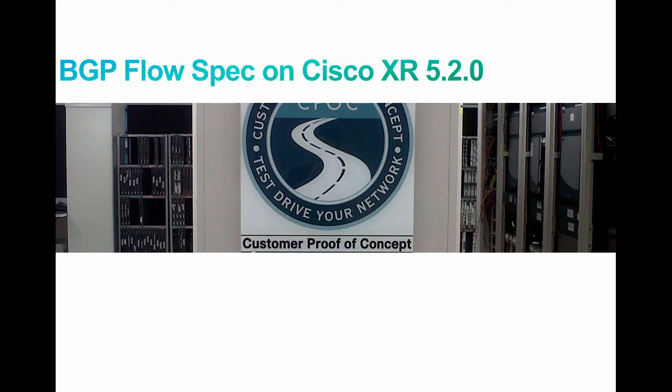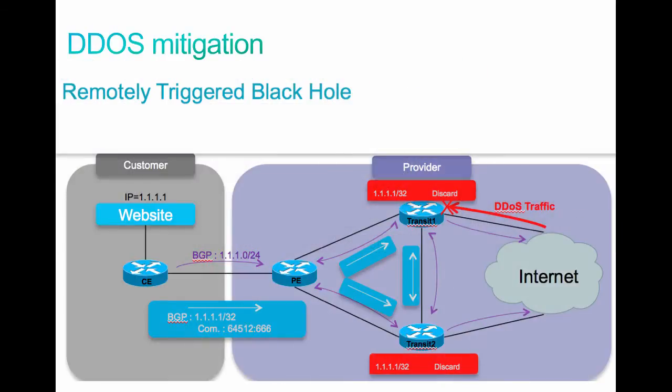Welcome to this video on BGP Flow Spec, which was introduced in the Cisco XR software in release 5.2.0. BGP Flow Spec is a new tool that can be used to assist in DDoS mitigation in a dynamic fashion using BGP. In order to fully understand the benefits of BGP Flow Spec, let me start with the current implementation